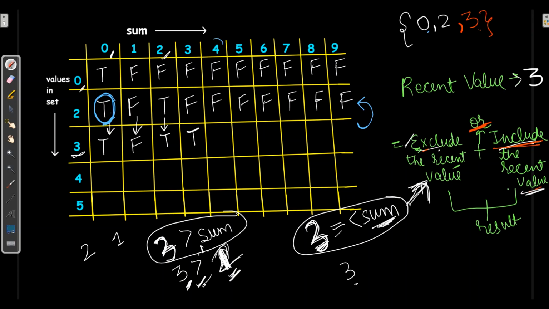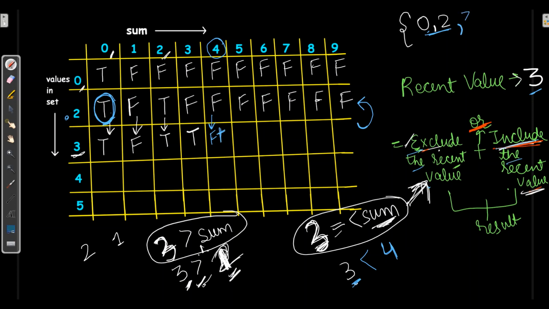Now we need to check for 4. The sum is 4 and the recent value is 3. So first I will exclude the recent value with the basis of 0 and 2, which we have already copied from here. I will write false, and with that plus include the recent value.